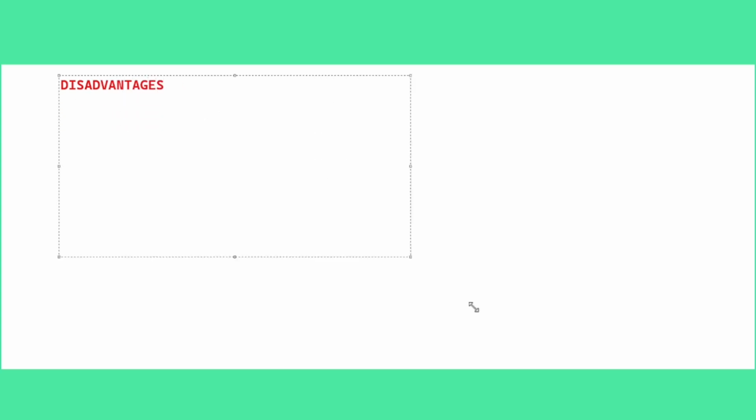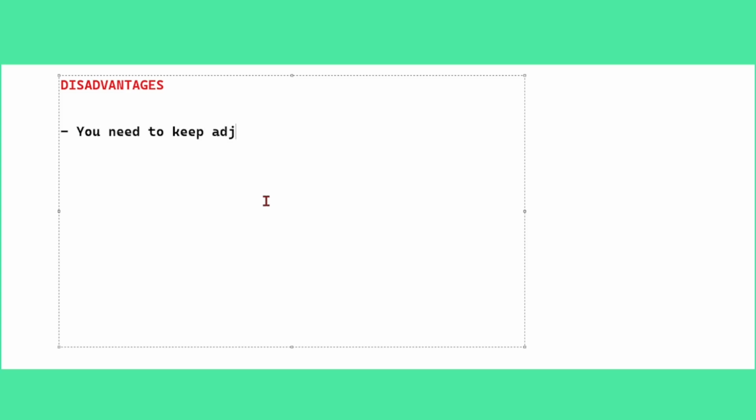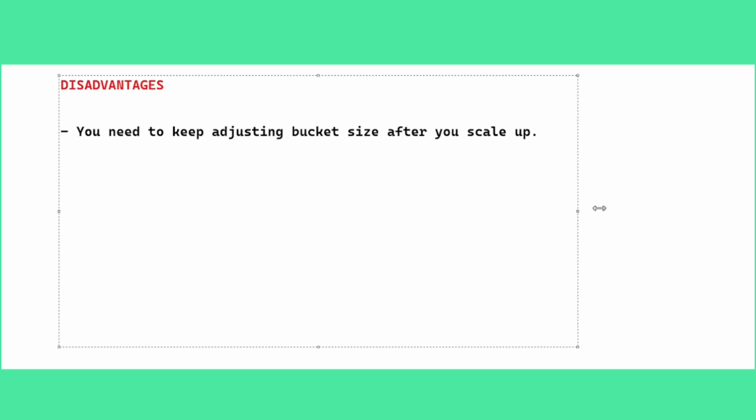So the disadvantages of this particular system is, let's say you scale up, and you have way too many requests now. So you need to keep adjusting the bucket size because you have too many requests, right? After you scale up. So if you need to keep adjusting the bucket size, it's really tedious as well. And if you keep adjusting the bucket size,